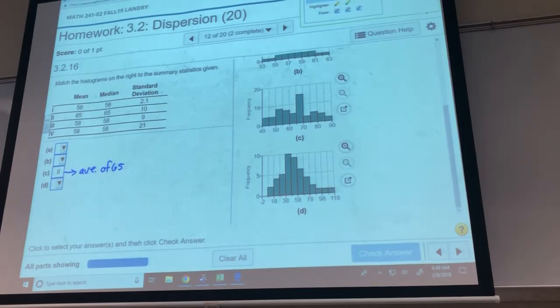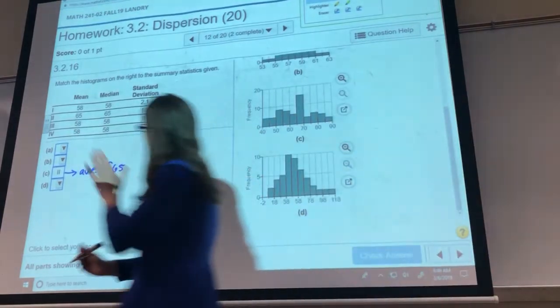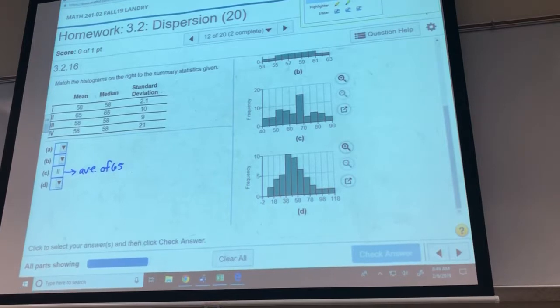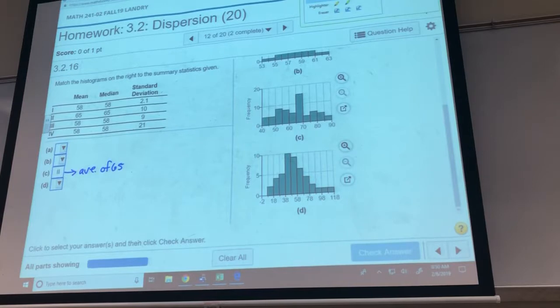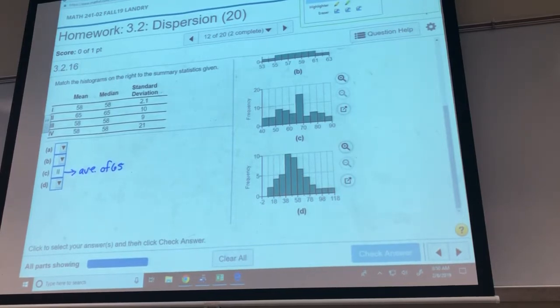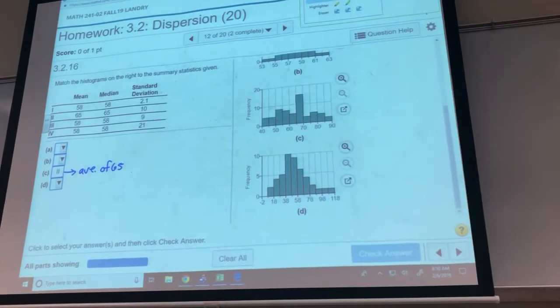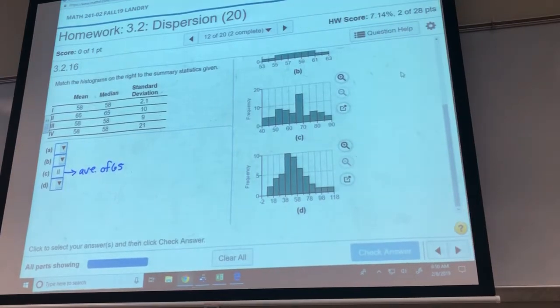So now what I'm going to do is find the graph. The other 3 are all going to be centered at the same thing, so they've got the same mean and the median. The only thing that's going to be different is how spread out they are. So now I'm going to find the graph with the smallest standard deviation, which should be fairly easy to find, because you don't want to just look at the shape of the graph. You want to look at